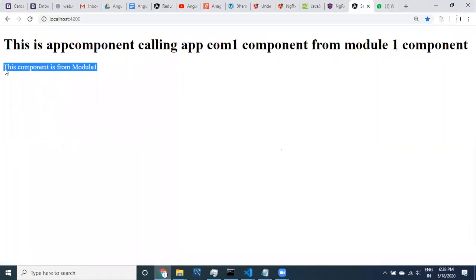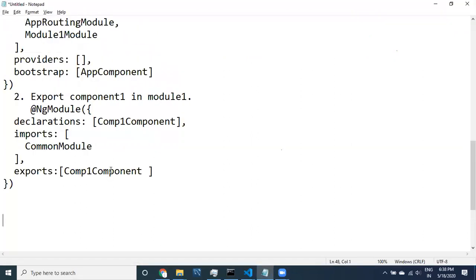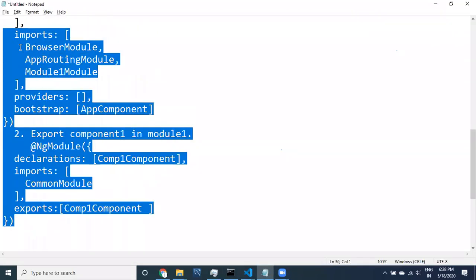See here guys, this information is coming. I have just tested; whenever I change the code, automatically it got reflected. Got it guys? These are the two steps related to using one component in another module. Is that okay guys? Component from another module.